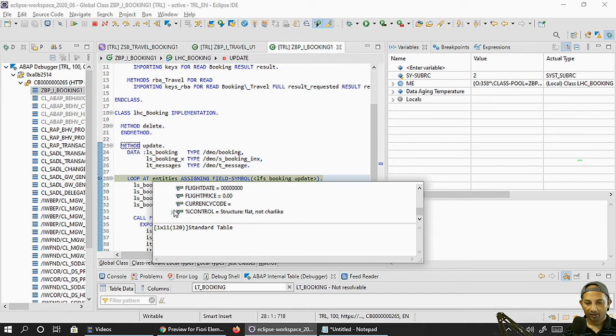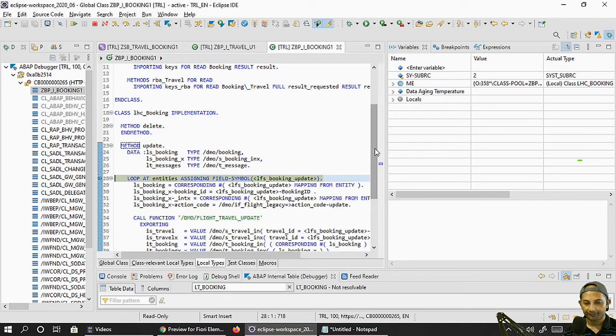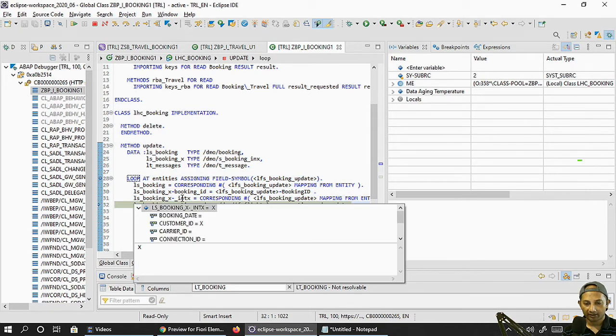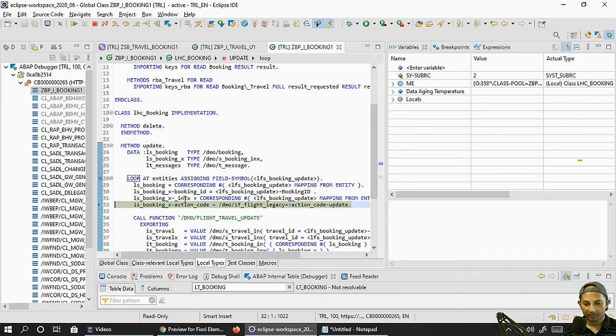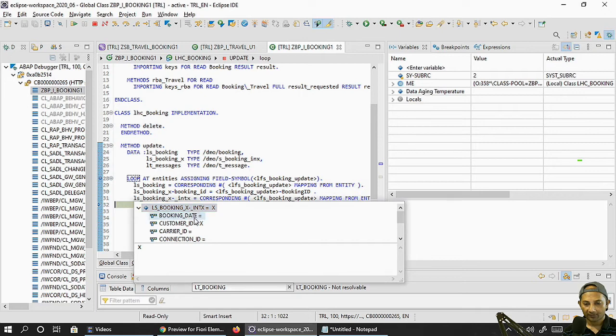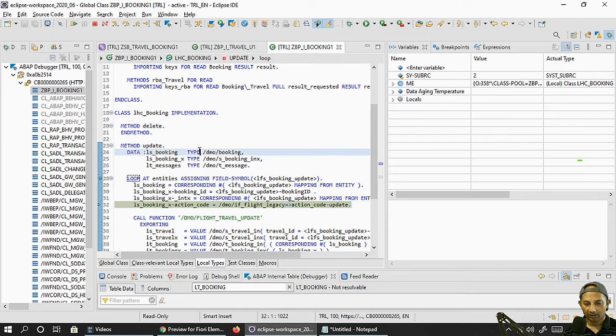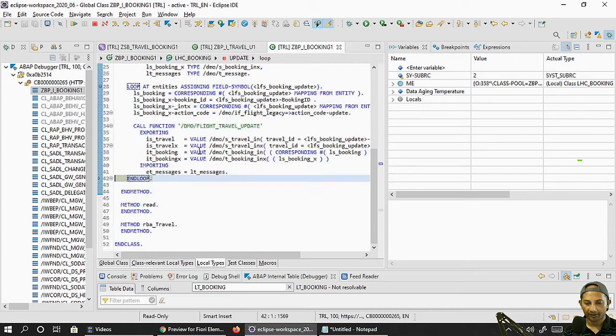Rather, in the control parameter you see all empty, right? Except the customer ID. That's why I'm not using control. That syntax I'm not using. That is the reason I explained. So let's keep moving. What does that intx contain? Let's see, it's only the flag, customer ID, the same structure, intx, right? And I'm just passing only the customer ID. The control parameter is just like a dummy. Okay. What else? Nothing. Just keep moving with the update.